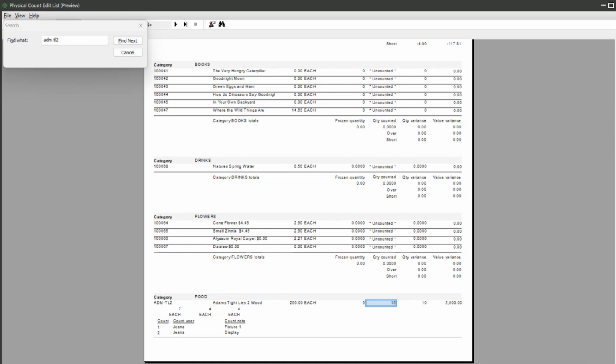Now, let's say I'm looking at this and I say, that doesn't look right. I'm pretty sure I saw a bunch of these on display. So you're going to send somebody out to recount the item. You're not going to use scanners. You're going to use pencil and paper, fingers and toes if you like. Make sure that when you are recounting, keep in mind the item might be in multiple different places in the store. It's on the floor, it's on a display, it's in the stock room. So somebody comes back and says, you know what? Good eye. We have 20 of those. So now we need to fix the count. So I'm going to close out of here